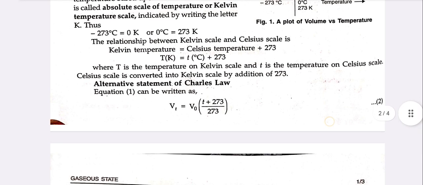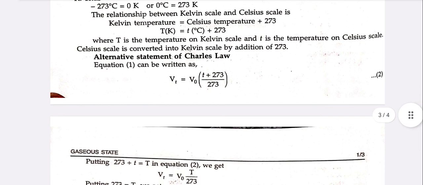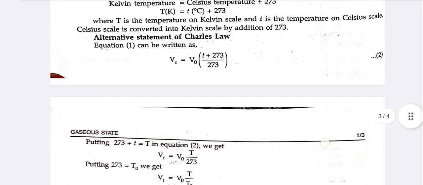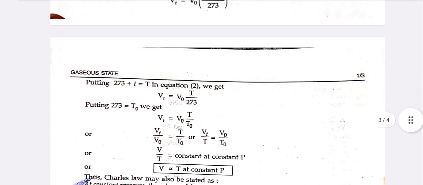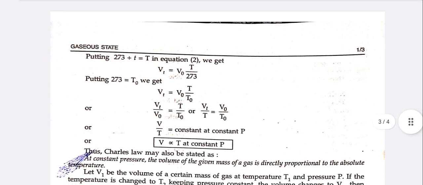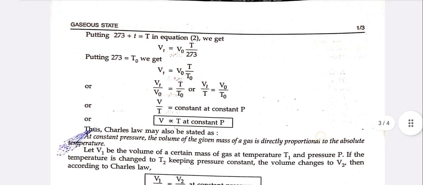Alternative statement of Charles' law. Equation 1 can be written as Vt = V0 (T + 273)/273. Putting 273 + t = T in equation 2, we get Vt = V0 T/273. Putting 273 = T0, we get Vt = V0 T/T0, or